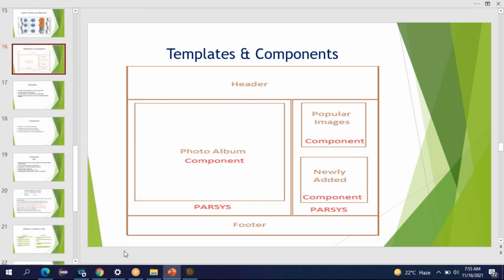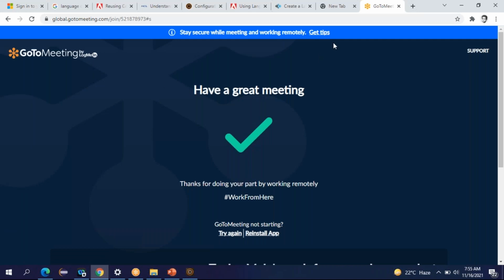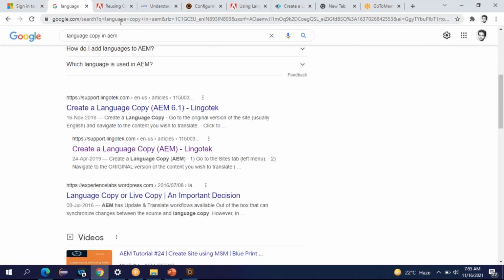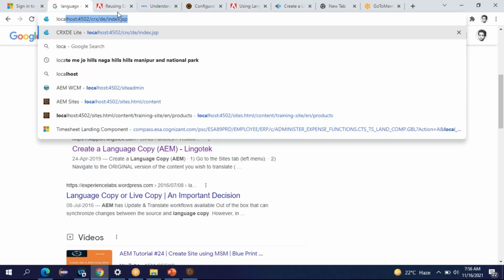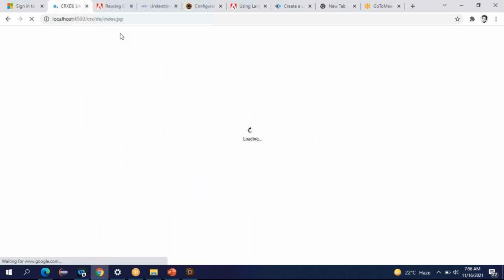Fine. So now come to the different consoles available in AEM.